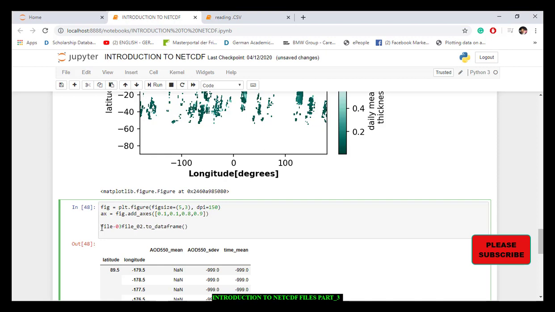I think this should be fine. So when we have this, we can decide to say